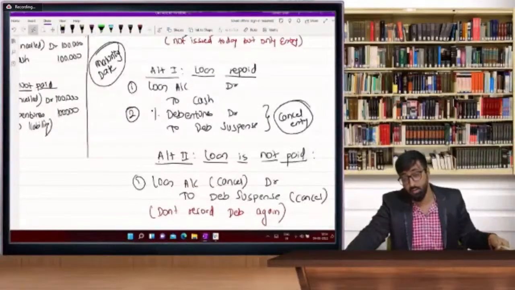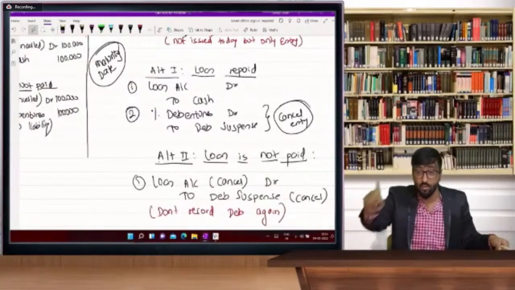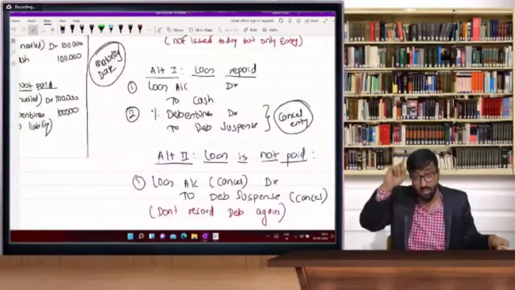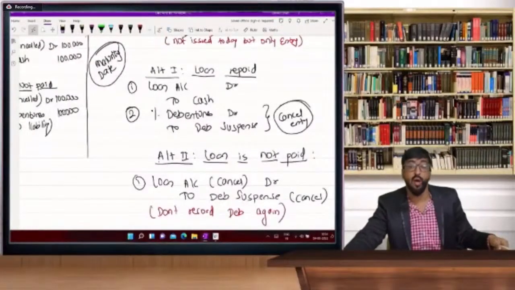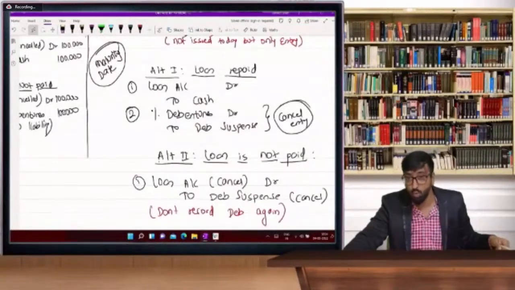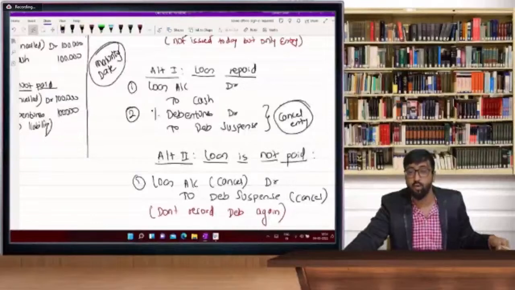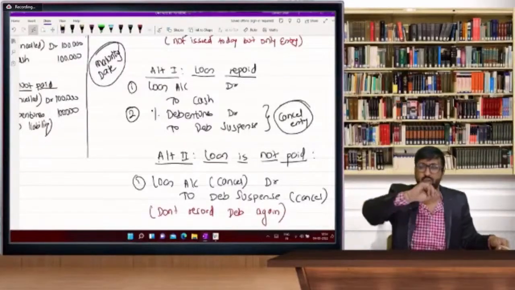I want every one of you to write these entries one more time and post them in the comment section on Monday. I will ask you these entries on Monday itself. Today we have completed the reissue part. Reissue is very simple: bank account debit, shares forfeited account debit to equity share capital, to capital reserve. Just a revision of 2 minutes.